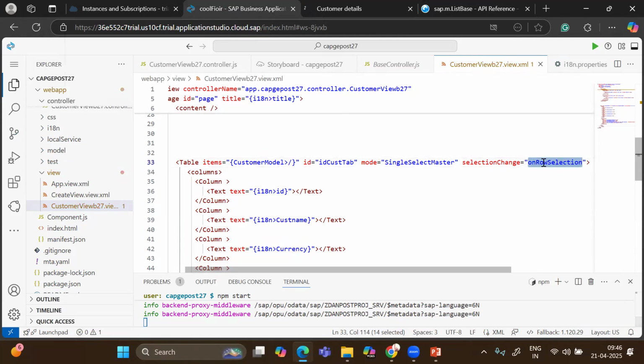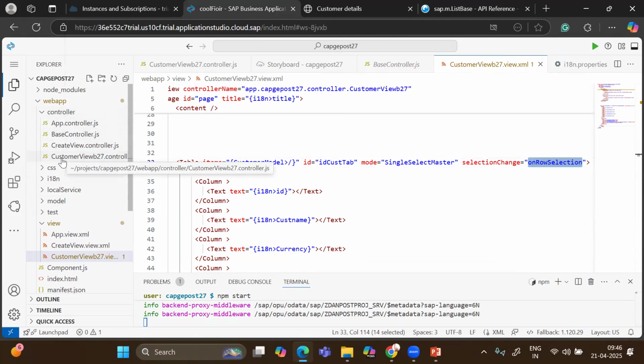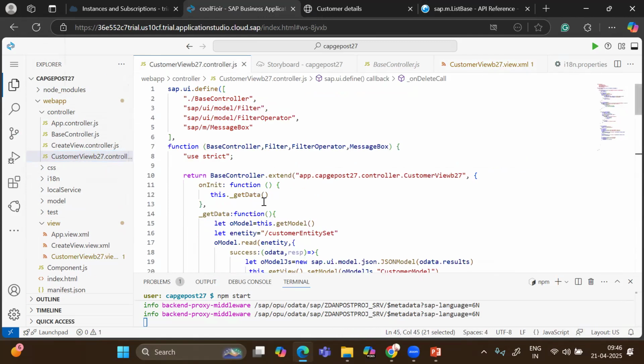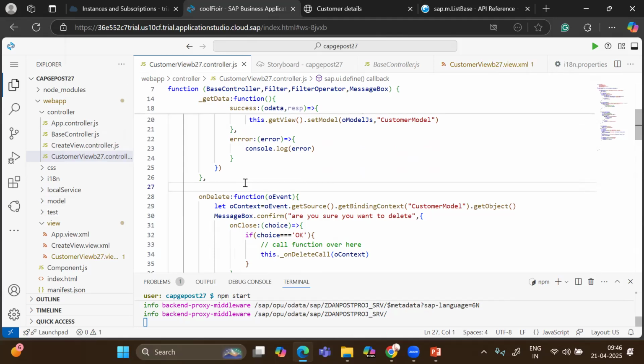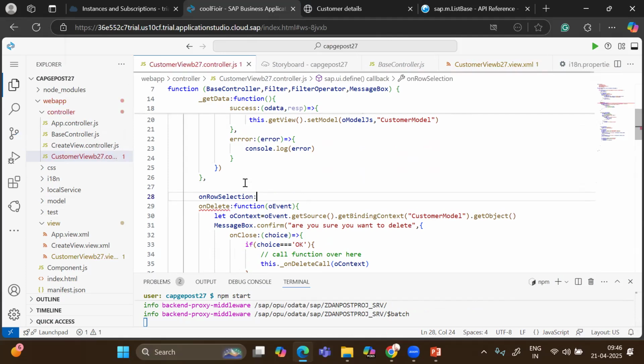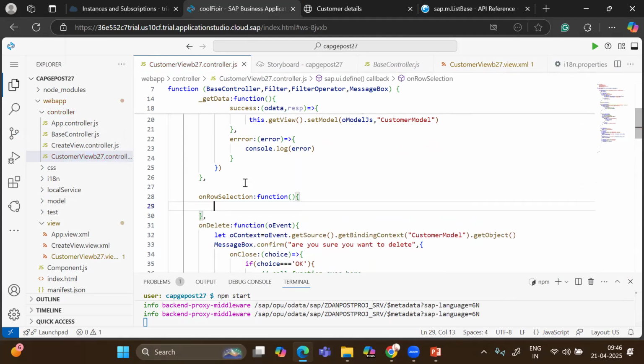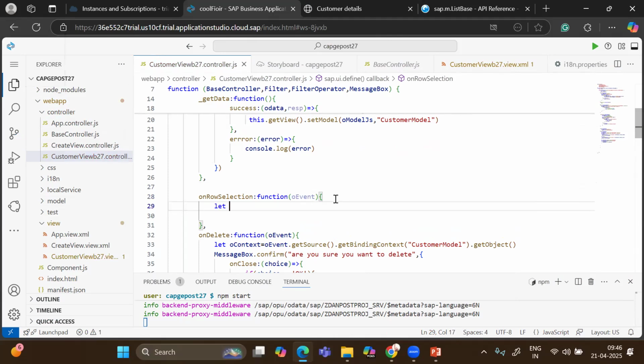On row selection, just copy this code and come to the controller. Over here, to the customer controller, let's go to the top where we have onDelete. So we can just paste this onRowSelection and the function. After that, the curly brace and the comma. And then we'll pass over here oEvent, and come to the bottom. Let oContext,